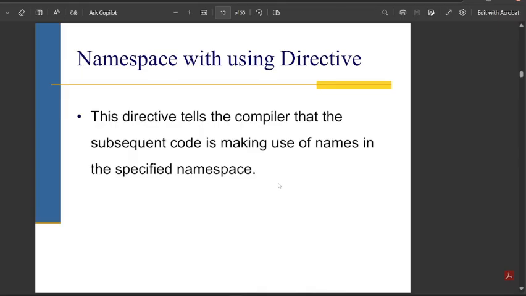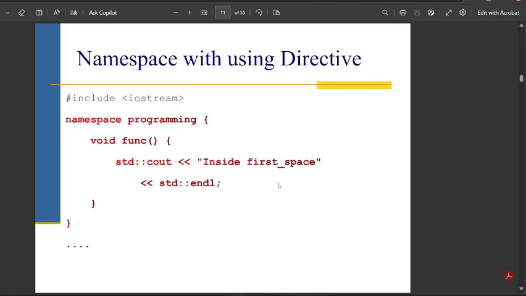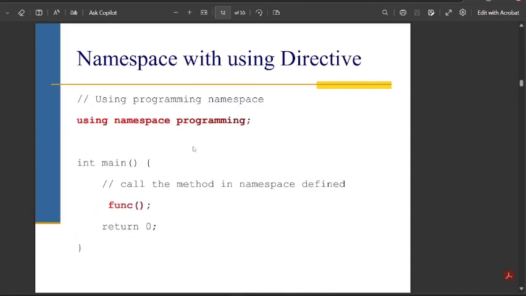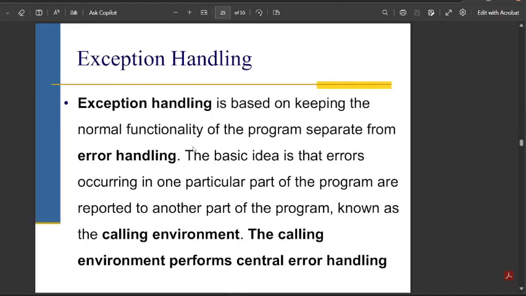Namespace with using directives. This directive tells the compiler that the subsequent code is making use of names in the specified namespace. So as you can see, so we move on to